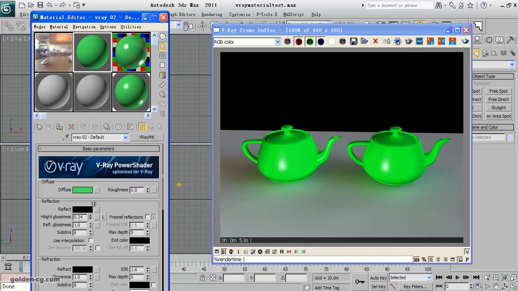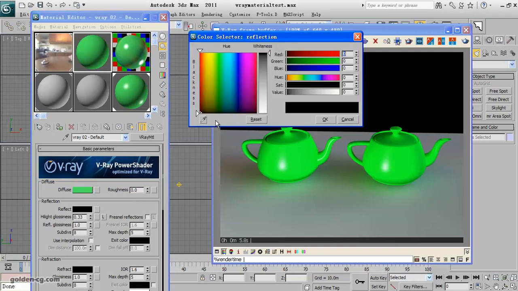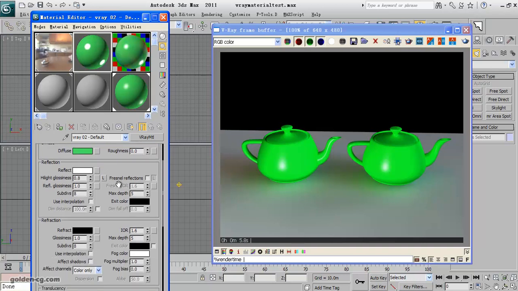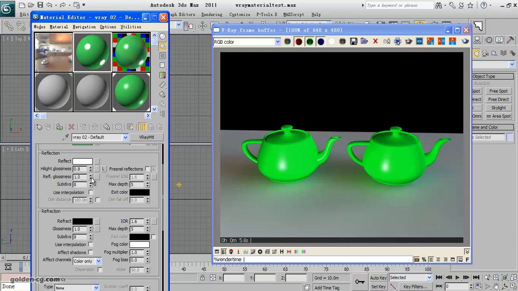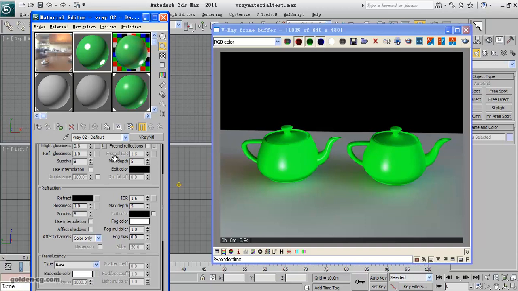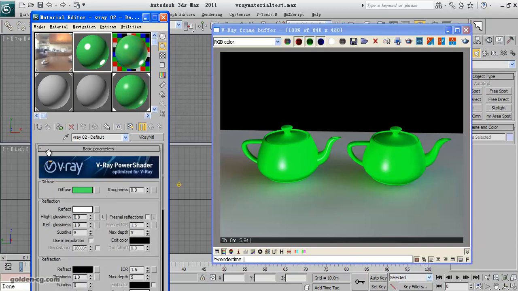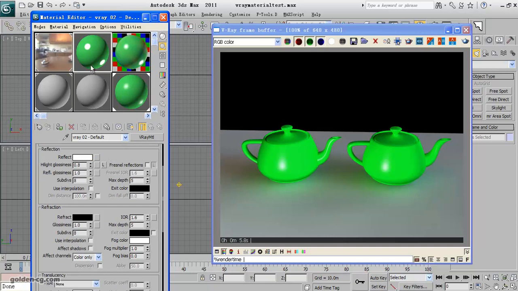I need to have a reflection, and also I can change this or not. Then, because now it is reflecting 100%, the reflection is high, I need to